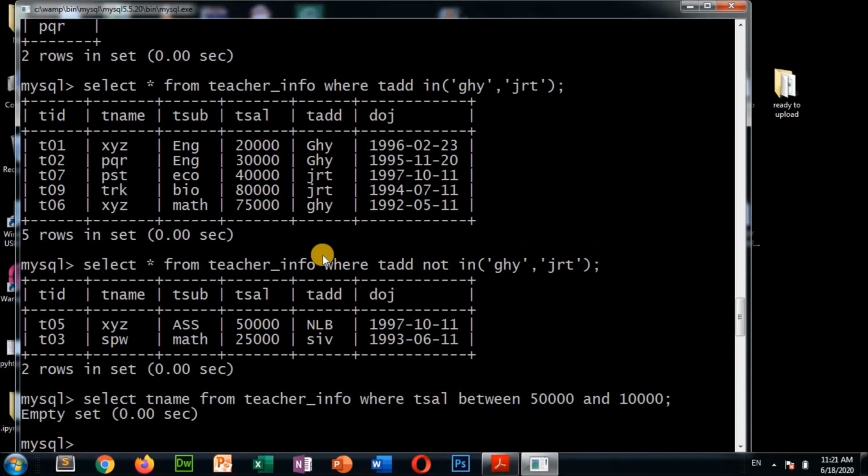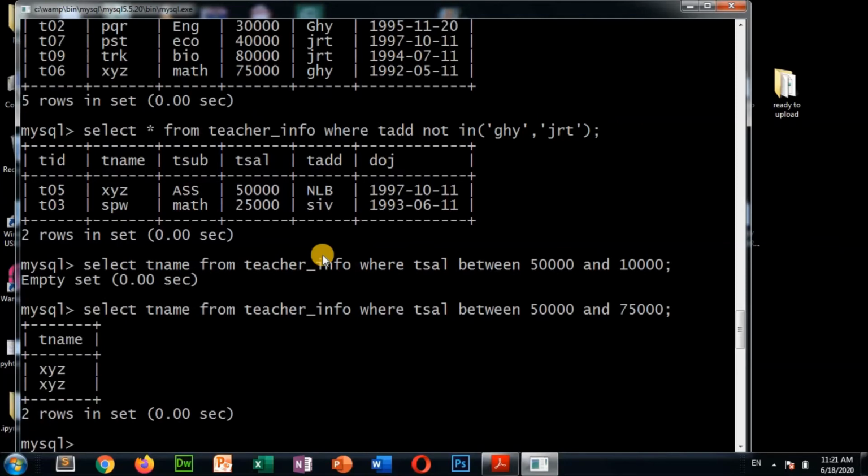And just select. Display names from the teacher where teacher salary between 50,000 and 75,000, only these names are coming.